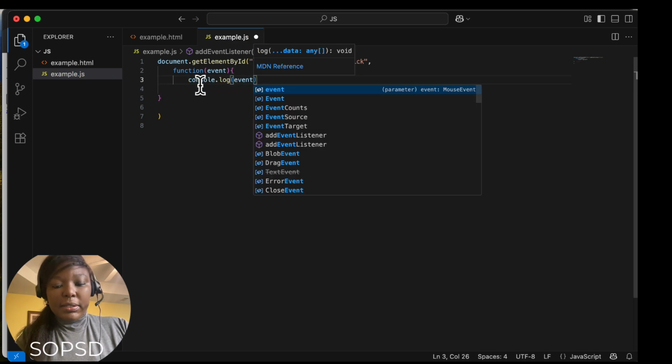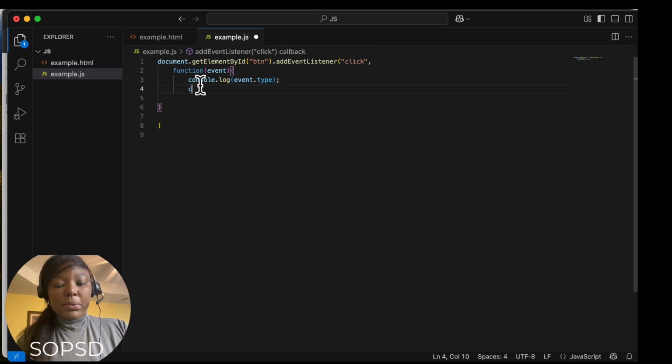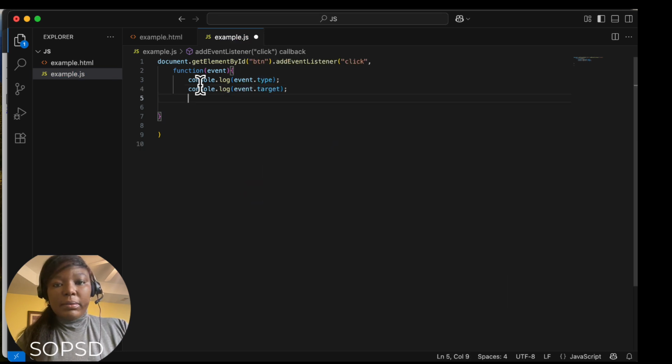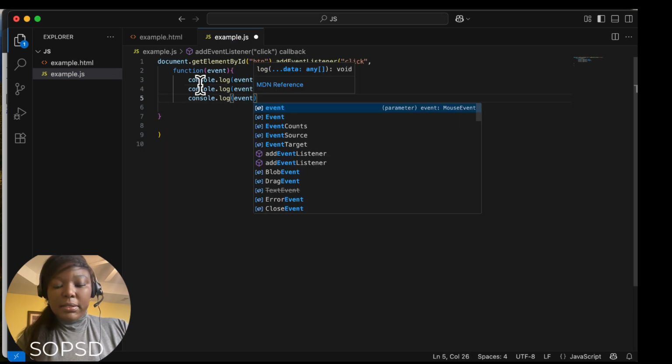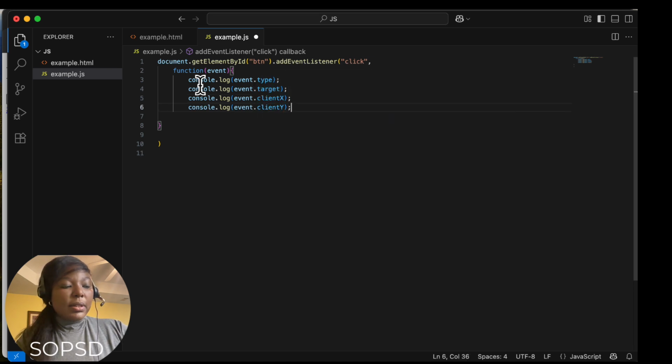So I will use console.log event.type. So this is how we get access to the event object and the information that the object holds. So we have, let's say, event.target. We want to get the event.clientX, event.clientY, like that. So it will give us all of this. So let's try to add event listener to this button, and let's get all of the events that are recorded from the event object. So we'll say, let me put this up here,